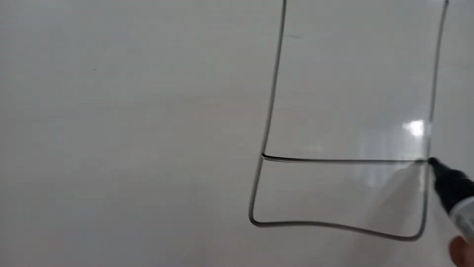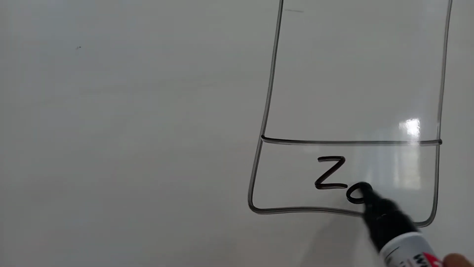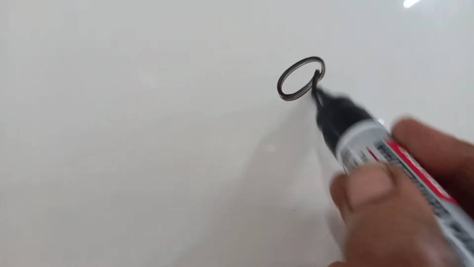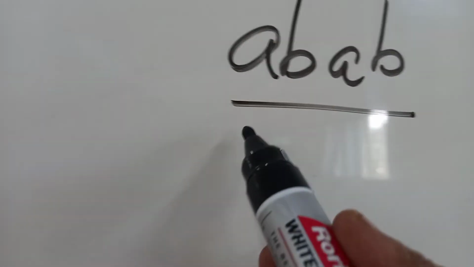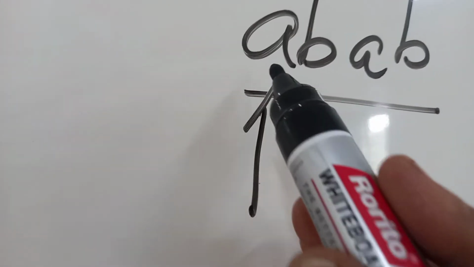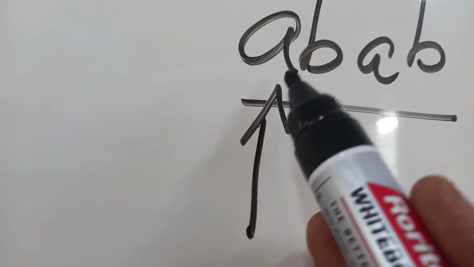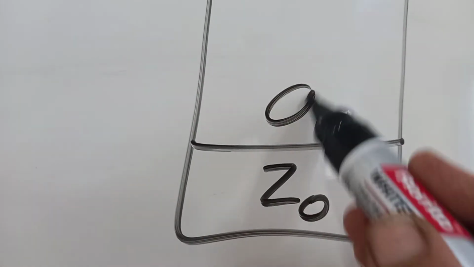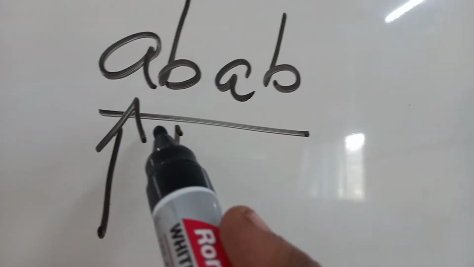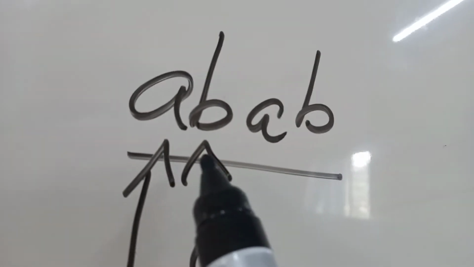We know that in the pushdown automata we are going to use the stack, and initially the bottommost element of the stack is Z0. Let me take one string here, AB. For this string the first input alphabet is A. What we need to do is push this A onto the top of the stack. The next input symbol in the string is B, so now we need to push that B onto the top of the stack.